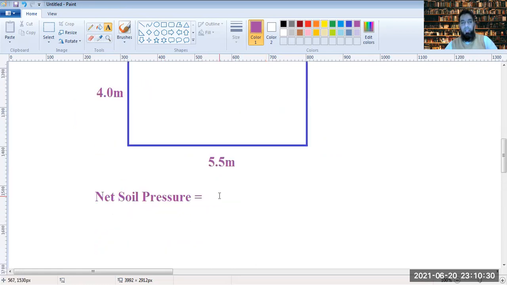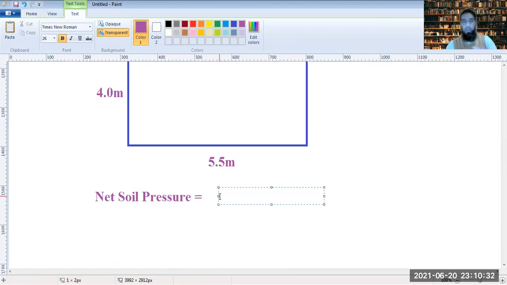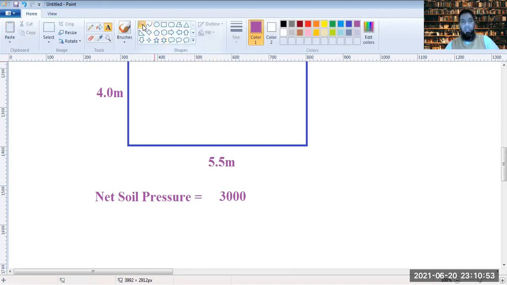In calculating the soil pressure, we do not need to add the value of the soil self weight of the footing as well. So this would be 3300, right? Sorry, this is just now 3000, the total load that was acting, divided by what we are providing,